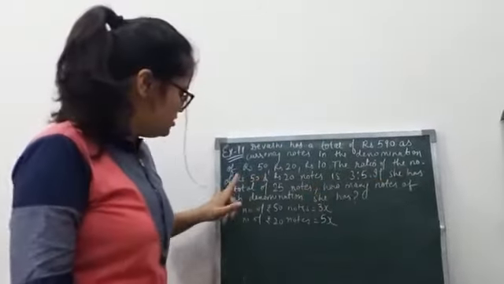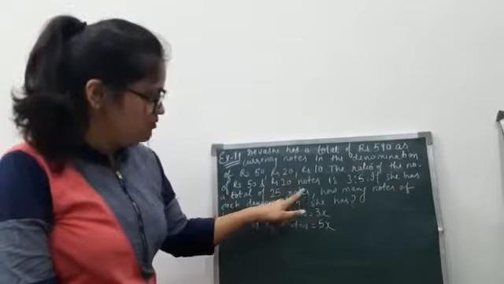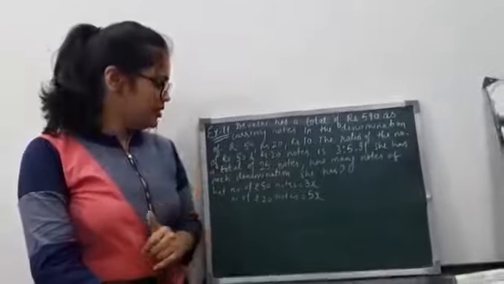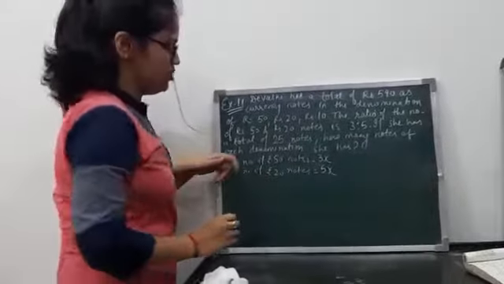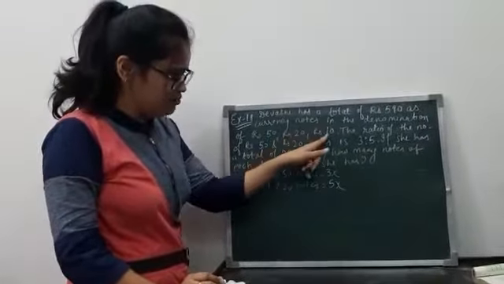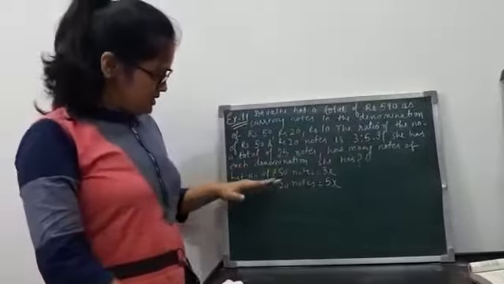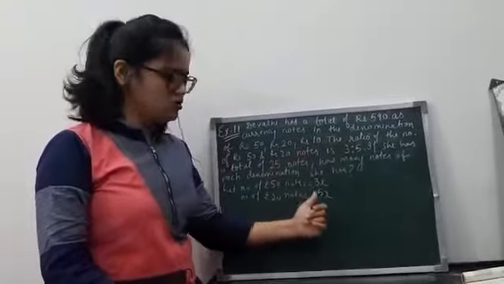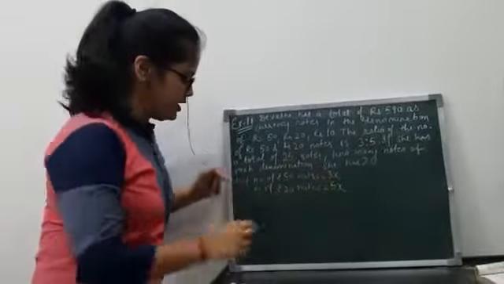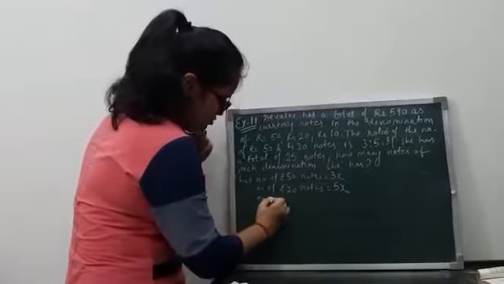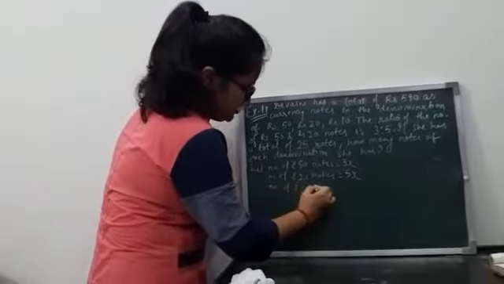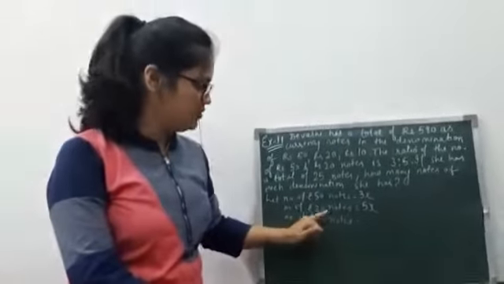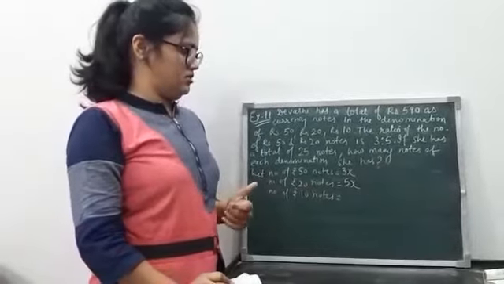If she has a total of 25 notes, it means the total notes that she has with her is 25. And we have to find how many 10 rupee notes she has. See, I have considered that 50 rupee notes are 3x and 20 rupee notes are 5x. One more thing that I have to write is the number of 10 rupee notes, but the relation of 10 rupee notes is not given here. We have to find another method.